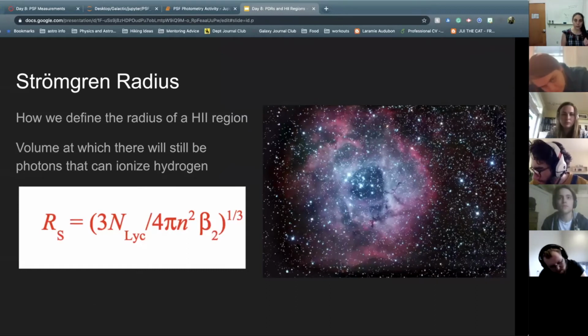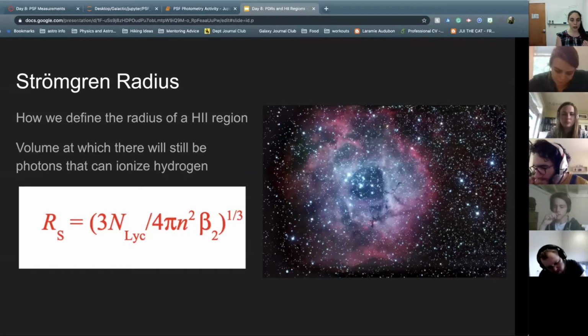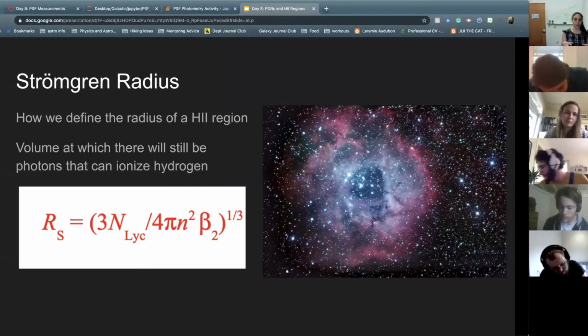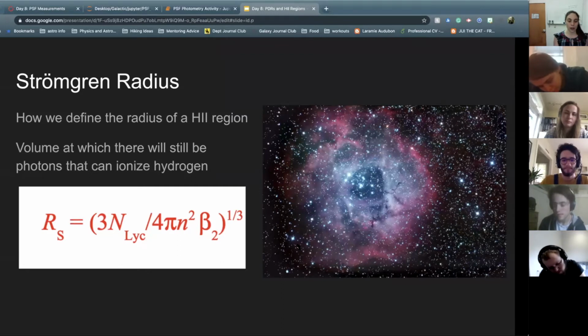We can use this to define the radius of an H2 region. The radius of an H2 region is often called the Stromgren radius, and it's just the radius at which we will no longer have most of our hydrogen ionized. So the equation for the Stromgren radius is shown here, where Rs is our Stromgren radius, and then